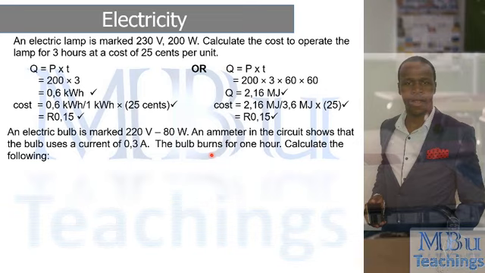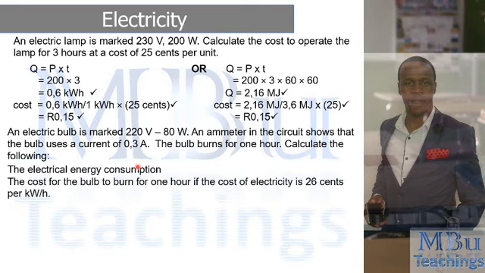An ammeter in the circuit shows that the bulb uses 0.3 amps. We're also told that the bulb burns for 1 hour. Let's calculate the electrical energy that is being consumed and also the cost of the bulb to burn